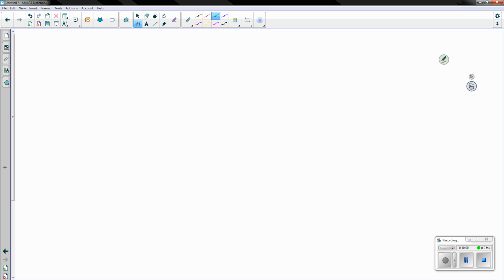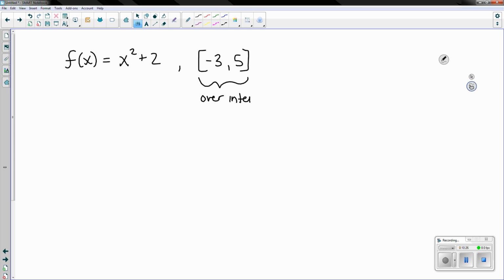Now, how do we calculate the average rate of change if I'm just given a function equation? So let's say I have f of x equals x squared plus 2, and they tell me to calculate the average rate of change over the interval of -3 to 5. Now, when you see this, that is an interval, that's not a coordinate. So over the interval